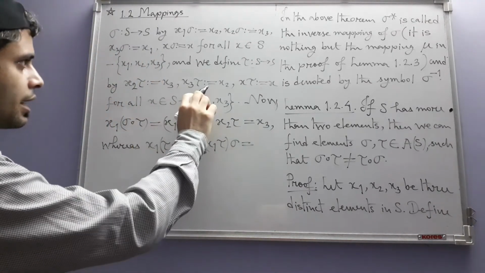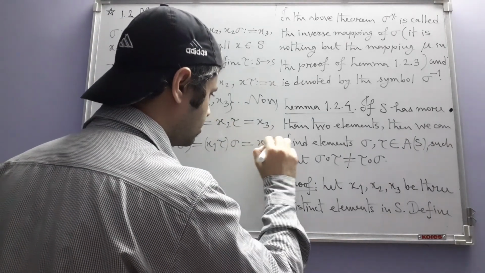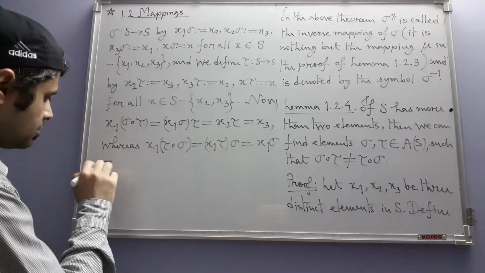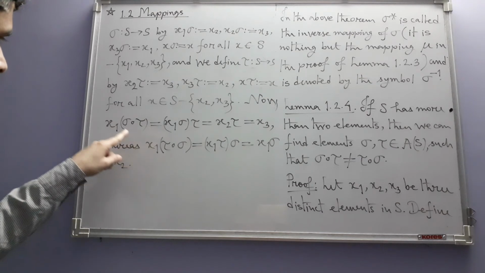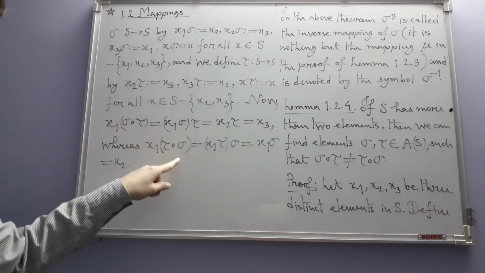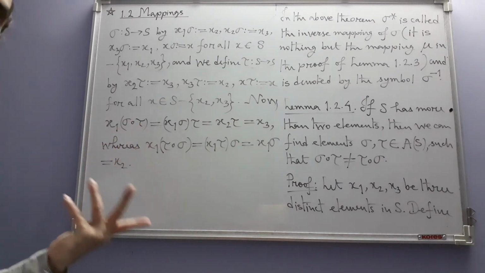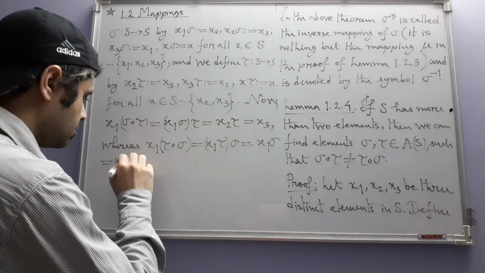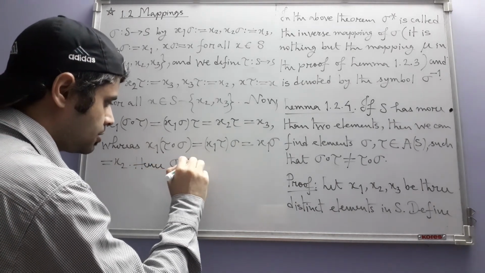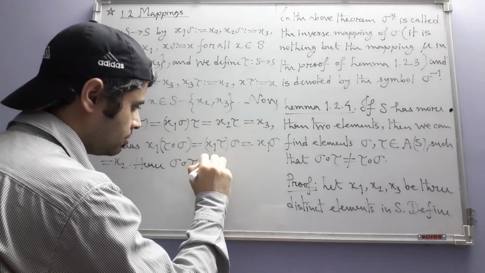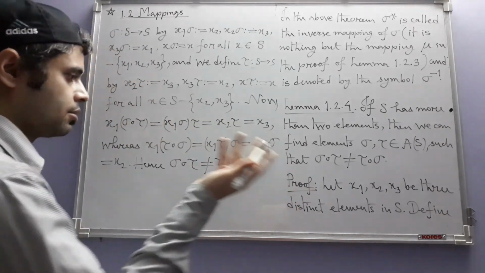Now x1 is unchanged by tau, so x1 stays x1, x1 sigma is x2. So the images of x1 under these two maps are different, x2 and x3. So the maps cannot be equal, hence sigma composition tau is not equal to tau composition sigma, and this proves the